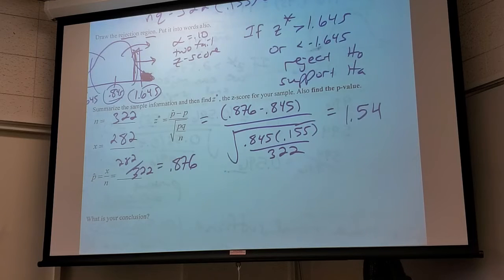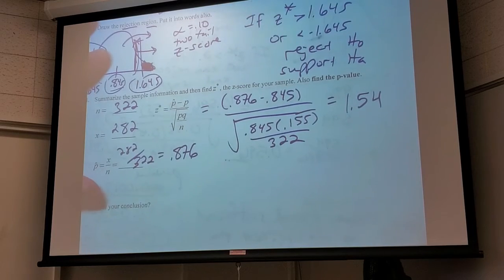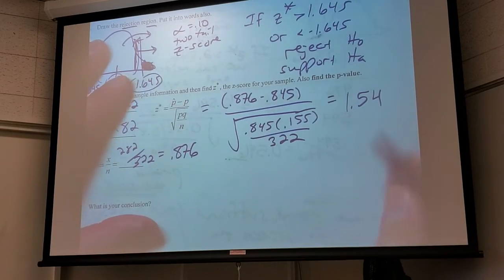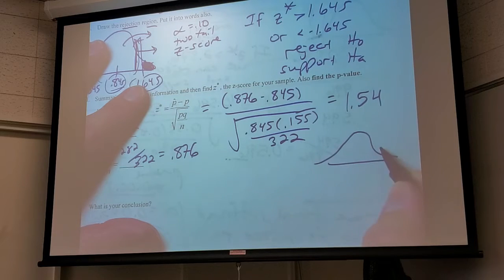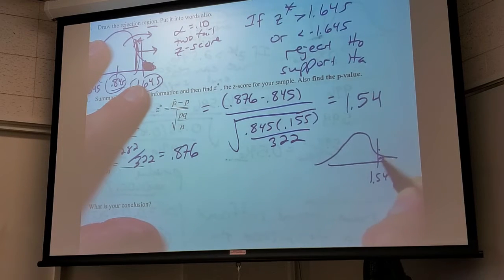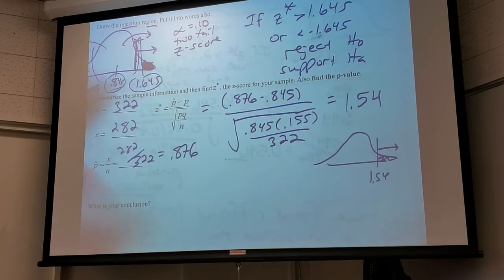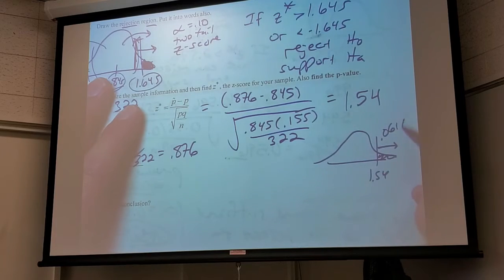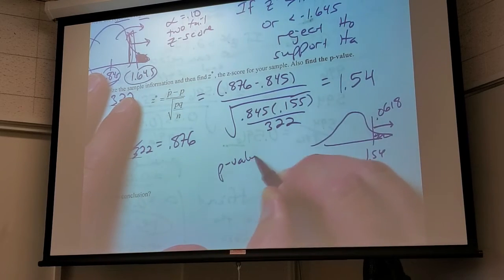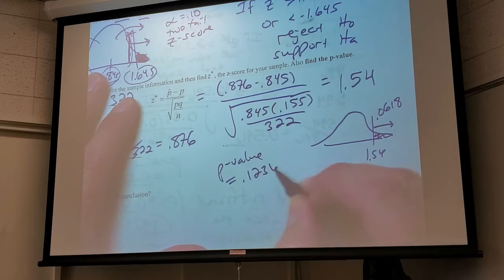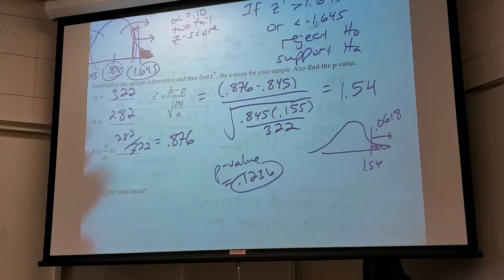And then we still have to take care of the fact that this is a two-tailed test, right? Two-tailed test. So anybody got that? Here's the picture that goes along with this. I want this area here. 0.0618. Yeah. And do you remember what to do since this is a two-tailed test? So the p-value equals 0.1236. We're going to multiply this by 2 to make it fair.